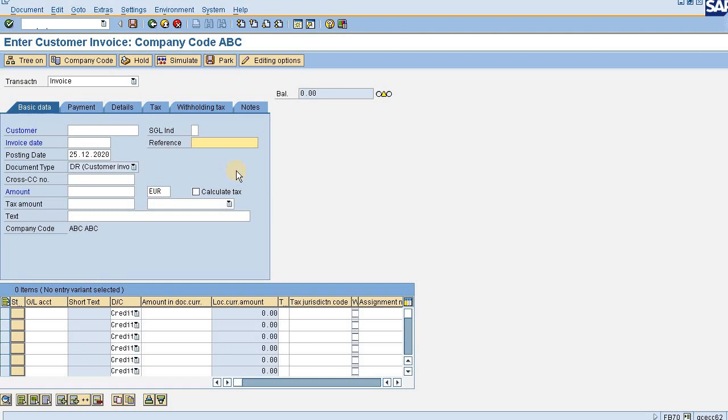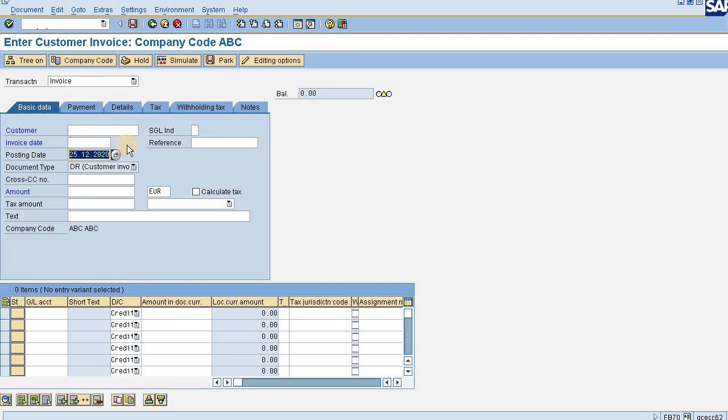I mean they want to link some of the fields with some other fields. Say if they want this reference field to be updated as invoice date or posting date, then we can maintain that by using the substitution rule instead of putting the value manually every time. So that will stop our manual intervention. I have just given the example of posting date.